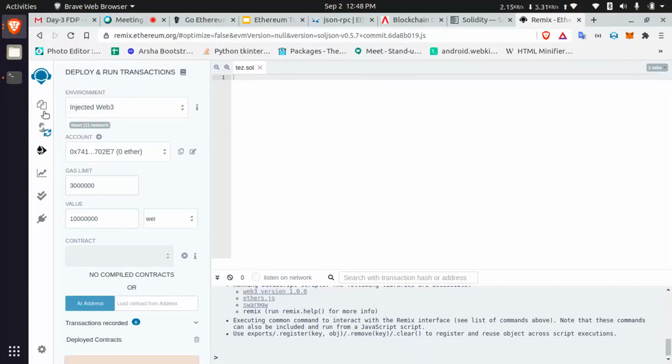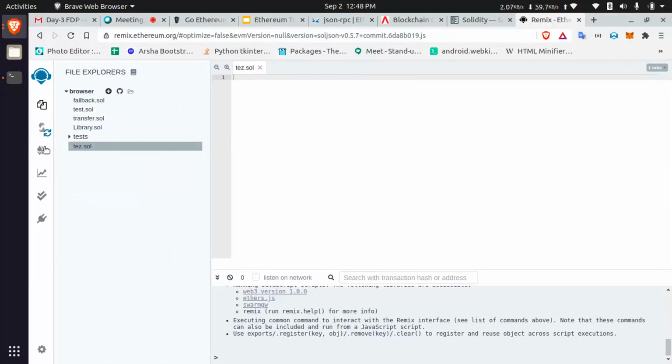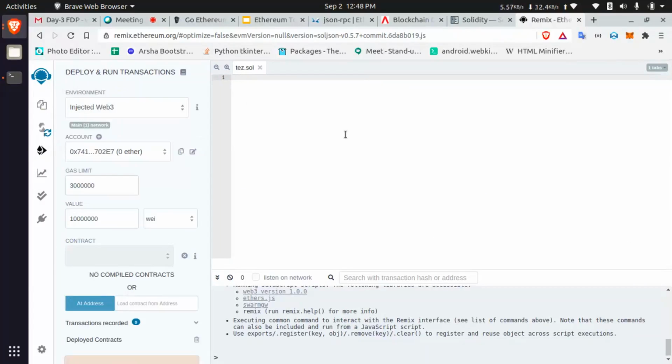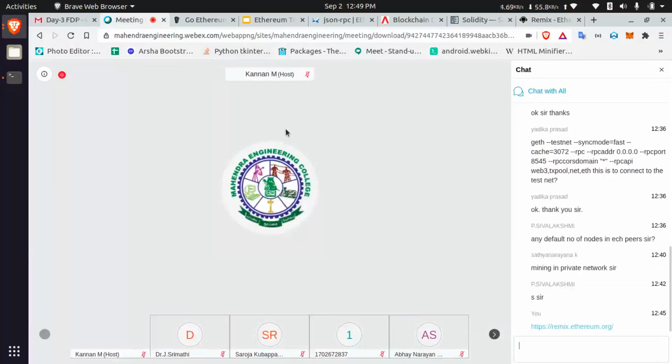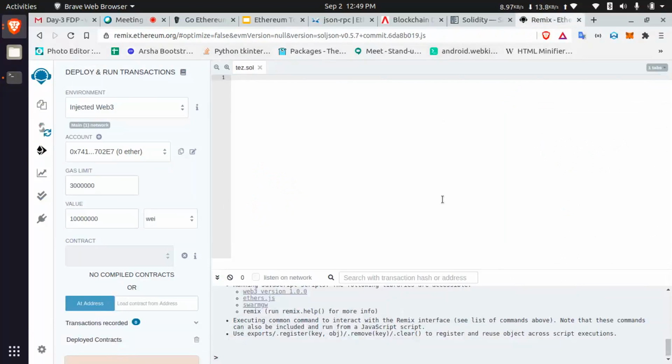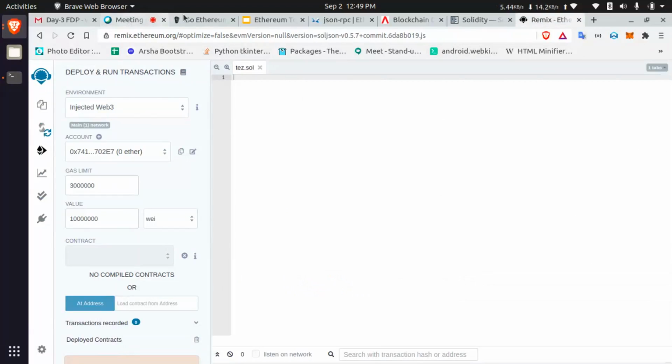This is the same as IDEs like Eclipse and Visual Studio Code. But here you can play with the contract calls. Here you can select the contract and play with those contracts. This is why we are using it. Developers use Remix only for writing contracts. Small contracts we can write in Remix only.